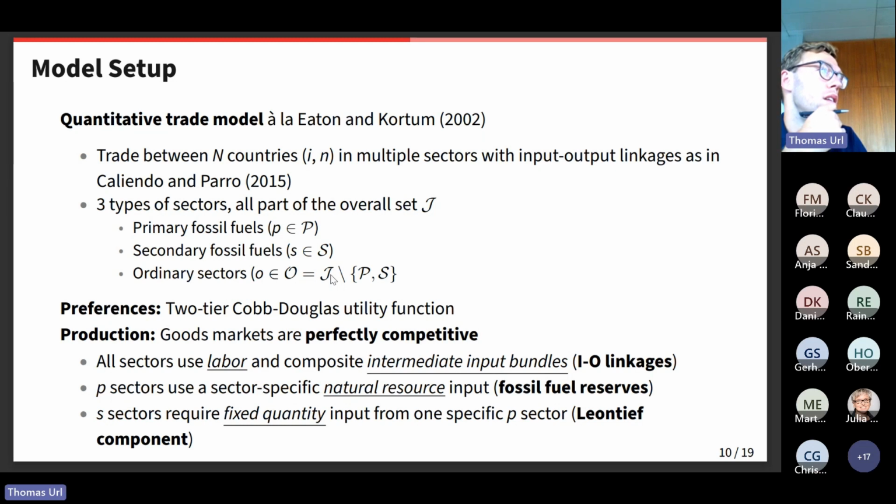Yeah, I think that's perfectly understood. But Agnes was asking, for example, for chemicals or plastic, do you also have kind of Leontief-style crude oil? I mean, that's the assumption. There was a debate last year quite extensively whether we have Leontief production in producing chemicals, and we do not have it in the model. In the model, all other sectors are Cobb-Douglas and have a nested CES function. So the intermediate inputs are in a nested CES. So we have substitutability, but not for the secondary sectors.